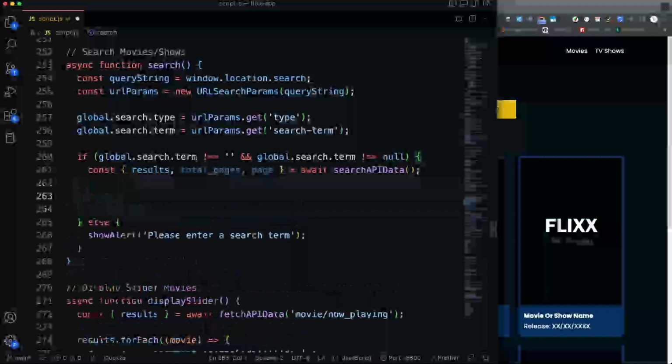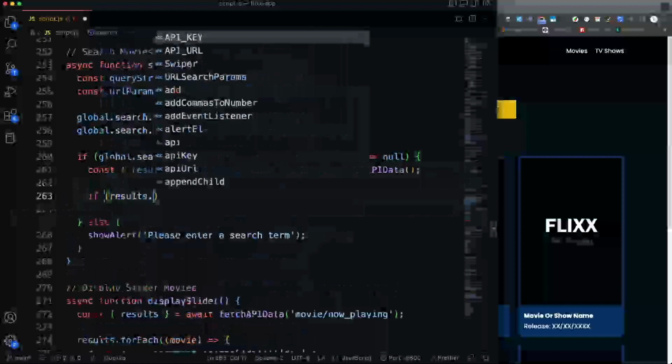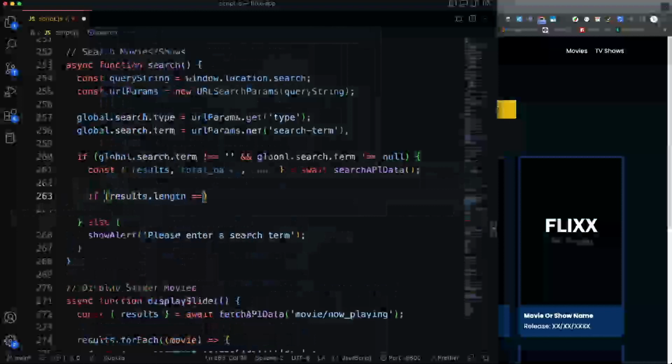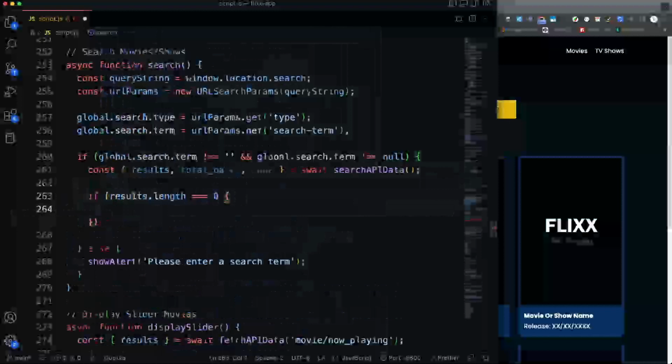Now, I just want to make sure that there are results. So let's just say if the results, remember that's an array, if the length of that is equal to 0, then let's use our show alert, and let's actually, you know what,